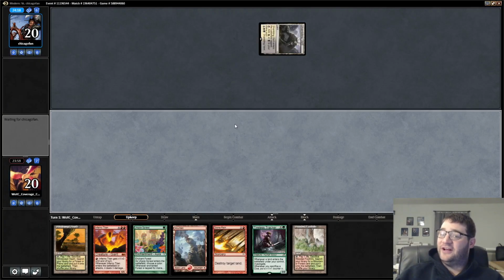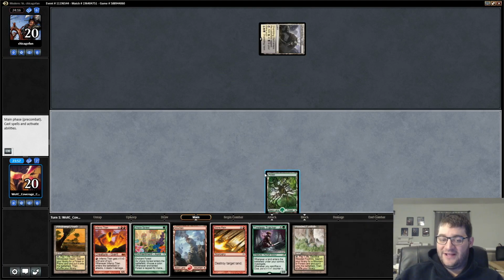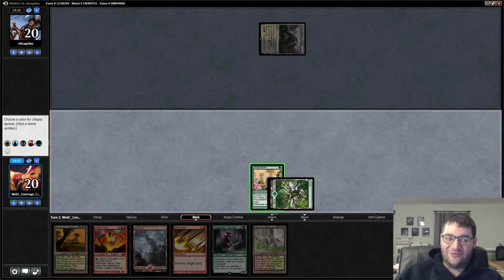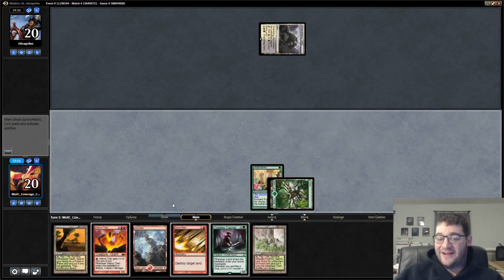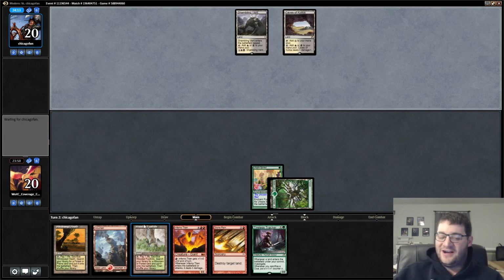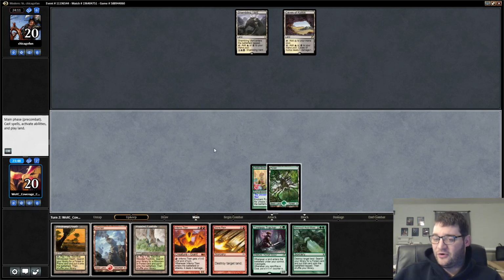It is Bloodbraid Elf's world and we are just living in it, and that is why this week we are playing red-green Ponza with Bloodbraid Elf. This is really, to be honest, a great deck that is just bubbling under the surface in Modern of being very competitive, and I think Bloodbraid Elf really helps to tie it together, because before the deck had a...